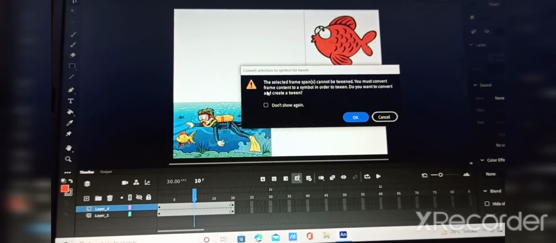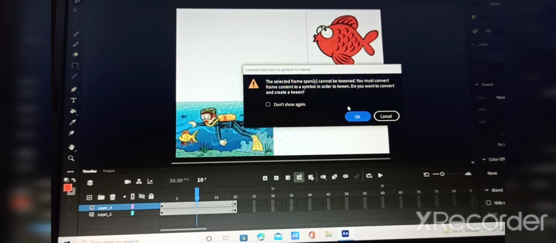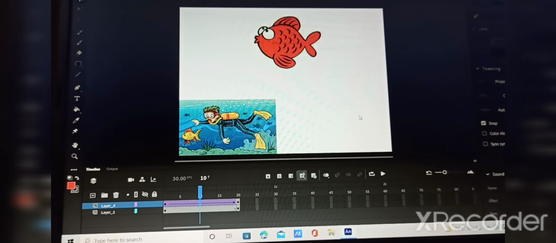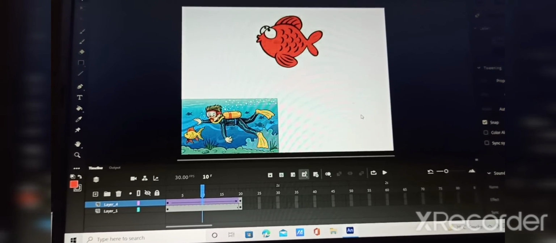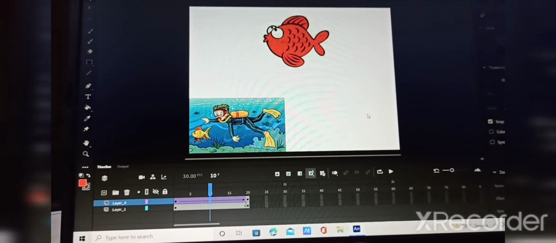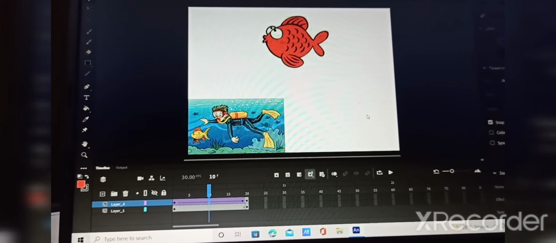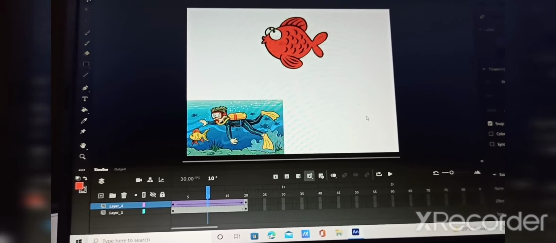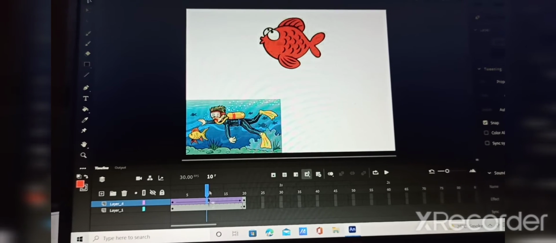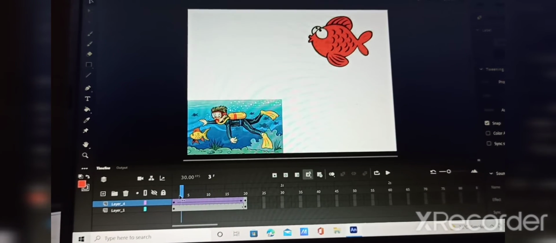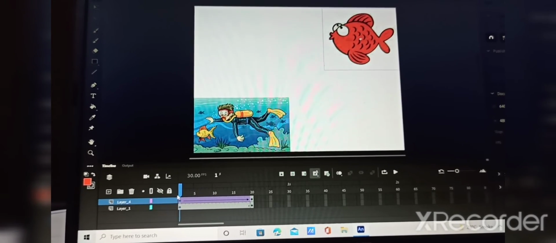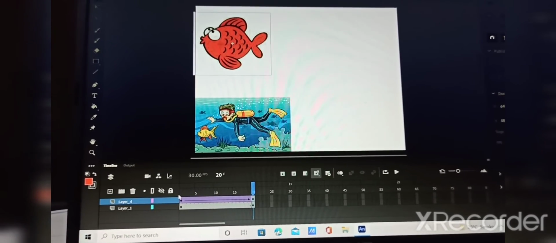When you create it, it will ask whether you want to convert and create a tween, so you have to click on OK. When you click, you will see that the timeline frame will turn pink in color. After that you just move that blue keyframe to the zero point, enter, and you will see the fish move.